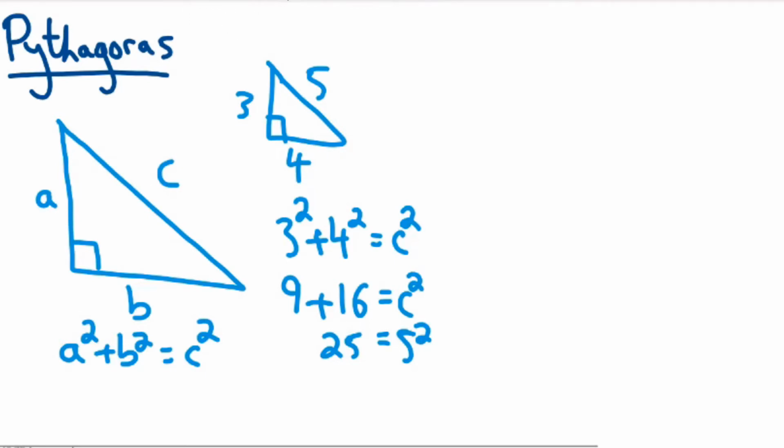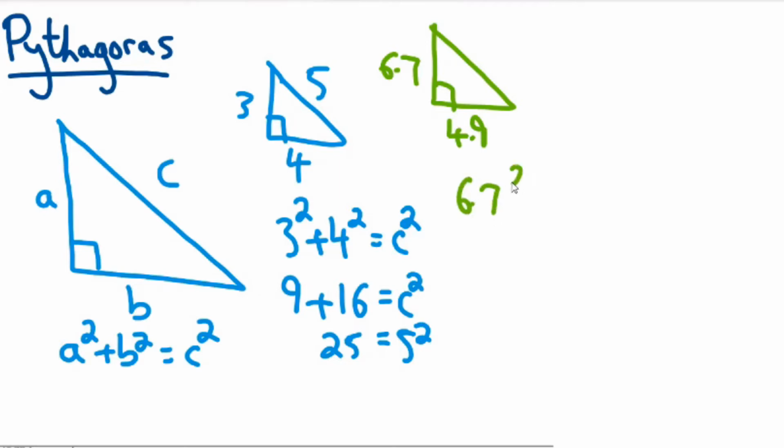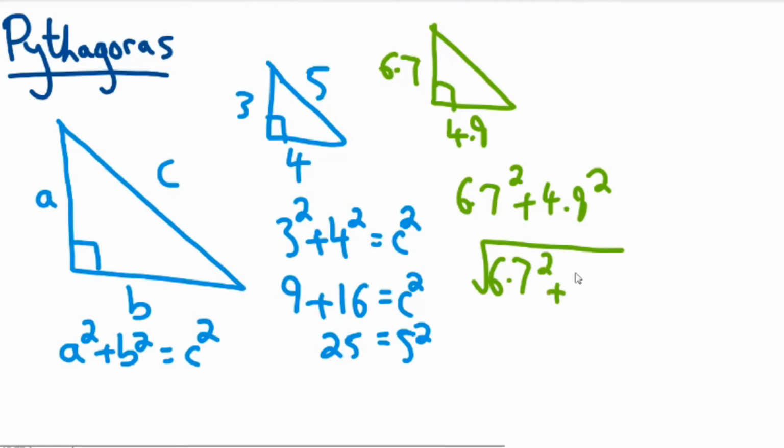Now it doesn't always have to be with whole numbers. If we just wanted to create another triangle over here, we could say that maybe one side is 6.7 and the other is 4.9. Again, we could just say that the 6.7 squared plus the 4.9 squared is going to be what gives us this third side here. And you don't have to do all of this term by term. In your calculator, you can therefore just type in what is the 6.7 squared plus the 4.9 squared, and it will give that the solution will be